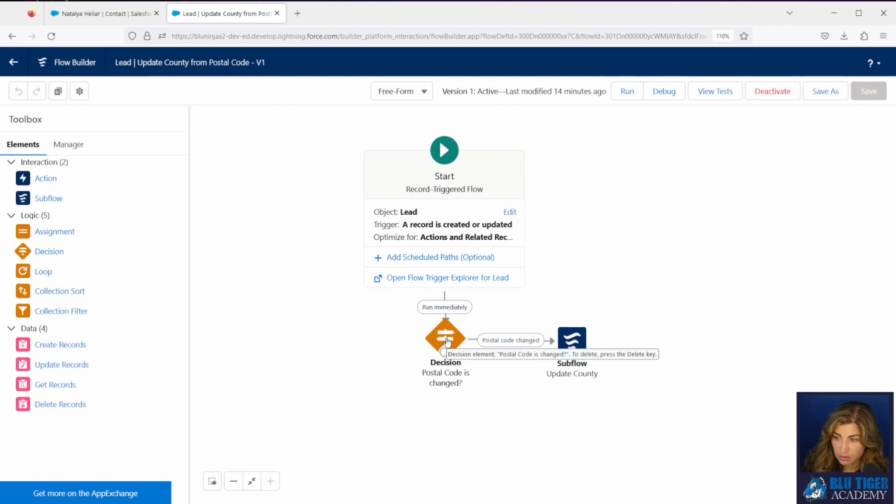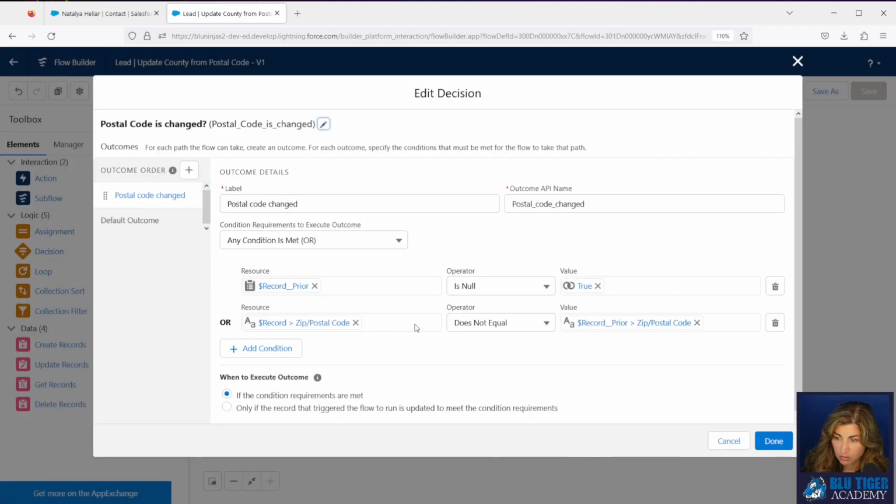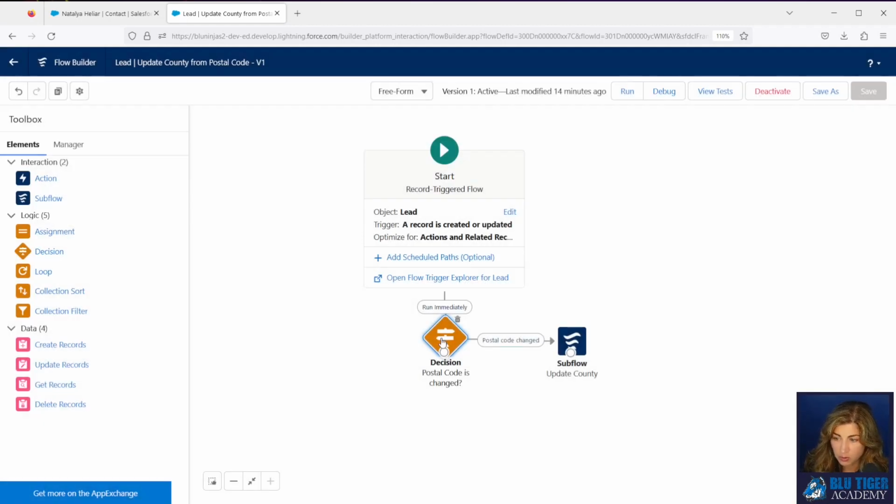So right here, what this is looking for is a new lead to be created or the postal code has been changed. Now, what we want to do is we want to remove this criteria. We want this flow to fire irregardless of a new record being created or the zip code changing.